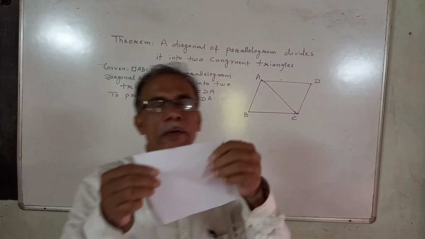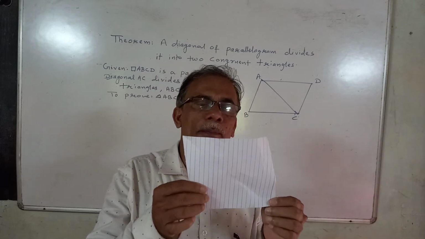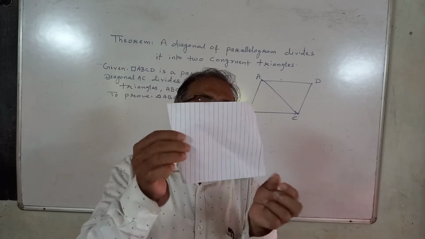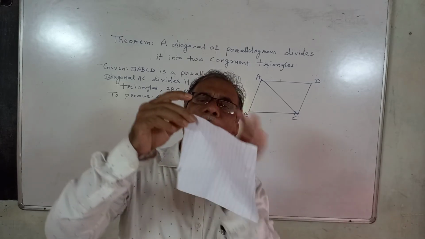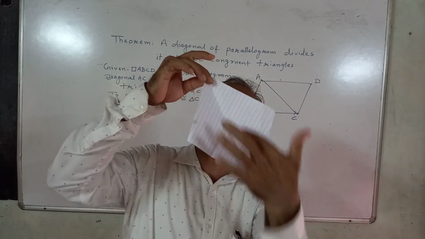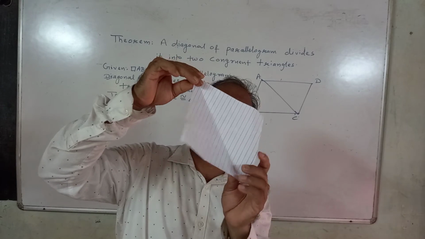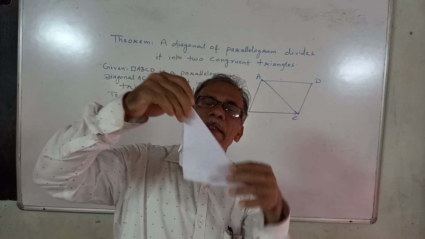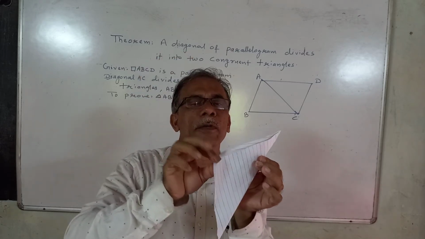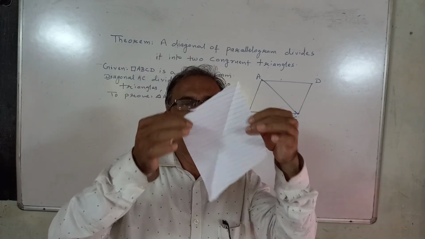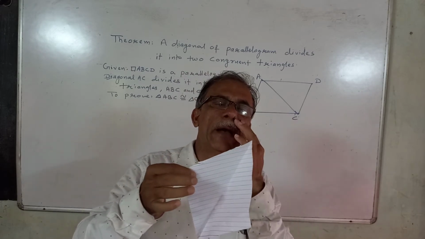Now see, I have here a figure of what? Parallelogram. And for this vertex, this is the opposite. So if I fold the parallelogram along the segment joining these opposite vertices, you can see two triangles, isn't it? These two triangles are congruent to each other. We can prove that. Now I shall cut this